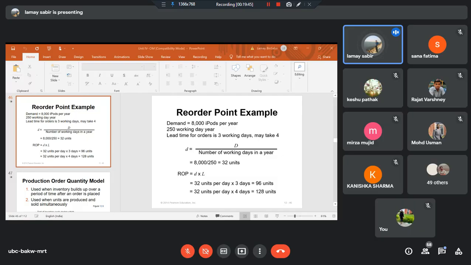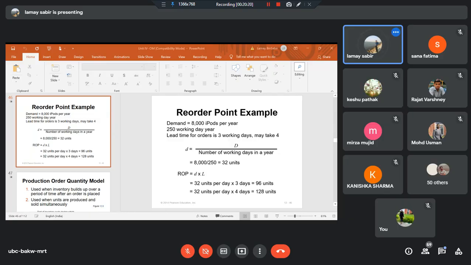रीऑर्डर पॉइंट क्या है? ये simple जो calculation है सिर्फ ये है कि हमने देखा कि lead time 3 days का है, तो हमें ये अंदाजा लगा के रखना है कि इन 3 दिनों में हम कैसे अरेंजमेंट करेंगे अपने इन्वेंट्री का. तो हमने उन 3 डेज को मल्टीप्लाई करा डेली रिक्वायरमेंट से. डेली रिक्वायरमेंट क्या है? डेली डिमांड जो कि इसमें 32 आ रही है, तो मैंने अंदाजा लगाया कि 32 यूनिट्स पर डे मुझे चाहिए और लीड टाइम 3 दिन का है, तो I have to multiply 32 with 3. मान लीजिए लीड टाइम 10 डेज का होता, so I have to multiply daily demand with 10.